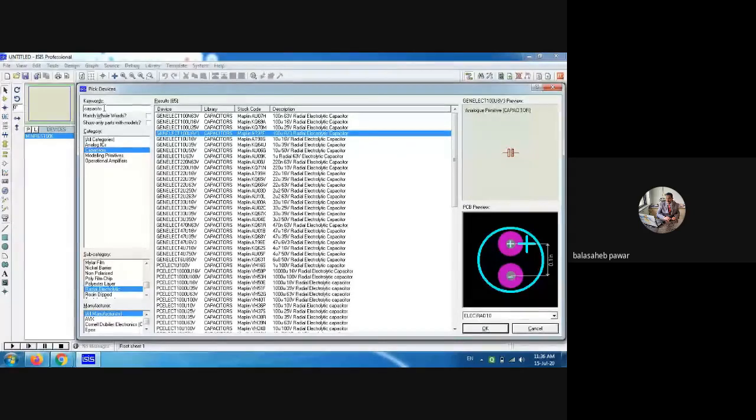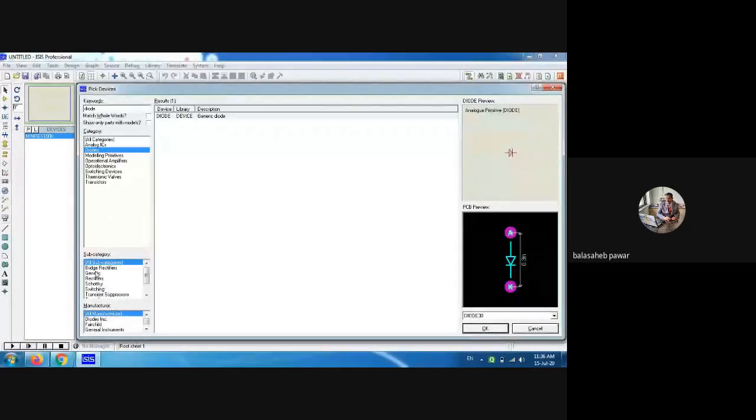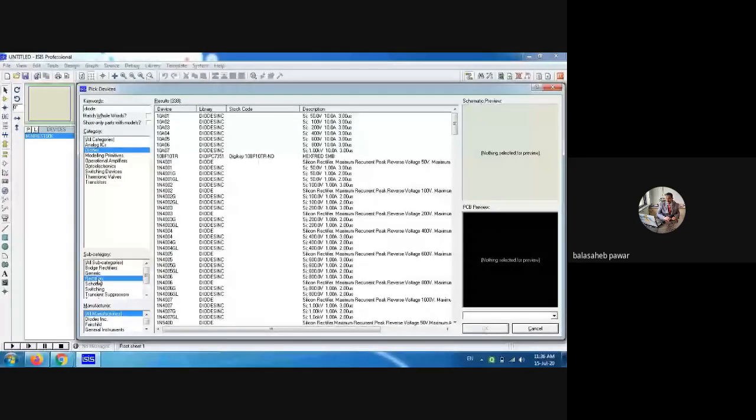The component which you studied again is the diode, right? So many diodes will be available, like generic diodes and rectifier diodes. Diode as a rectifier, you might have preferred 1N4007, that is a silicon rectifier diode. Now see here, I highlighted it.